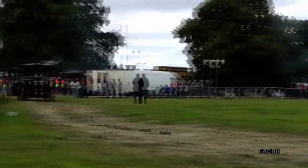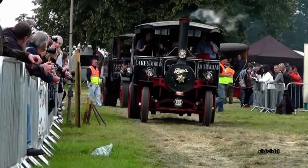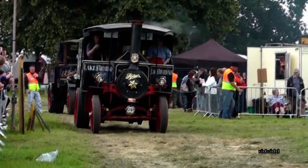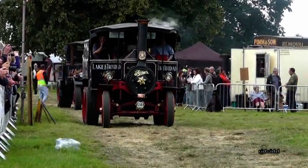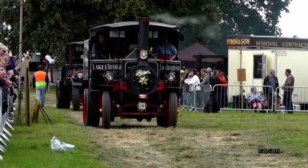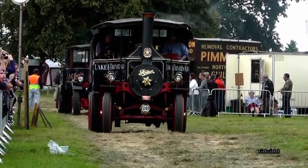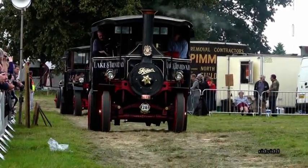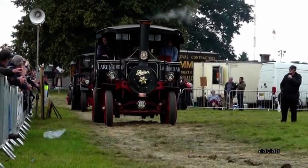It says Lake in Trinidad on the side. The Lake in Trinidad bit comes from the fact that on the island of Trinidad they actually have a very large asphalt lake. It is large because all of the tar that you've had on the roads in this country and all over the place has come out of that lake over the last 100 odd years. They've only dropped it by about 18 inches. So they've got a special machine that digs the asphalt out. If it goes wrong, they have to take it apart and bring it to PDQ, because otherwise it will sink